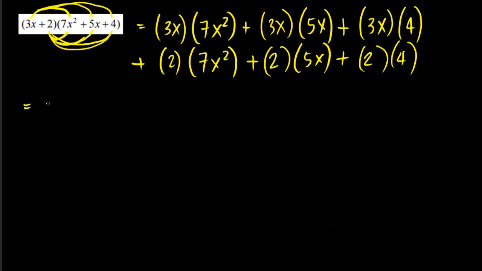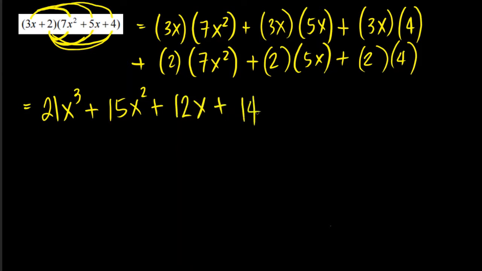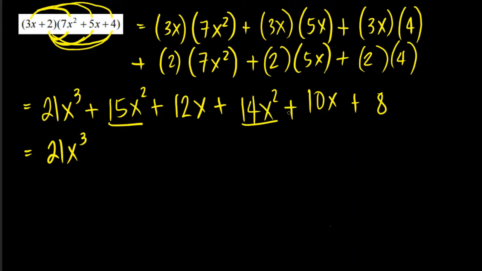Simplify ta na ni siya. So, we have 3 and 7, 21x cubed plus 3 and 5, 15x squared plus 3 and 4, that's 12x plus 7 and 2, 14x squared, 5 kag 2, 10x plus 8. With this, we have similar terms. First, we have 21x cubed. Paunahon ta siya kay x cubed. Now, we have 15x squared and 14x squared. So, pareho lang man sila ng x squared. Pwede mo na sila i-combine like terms. This will give us